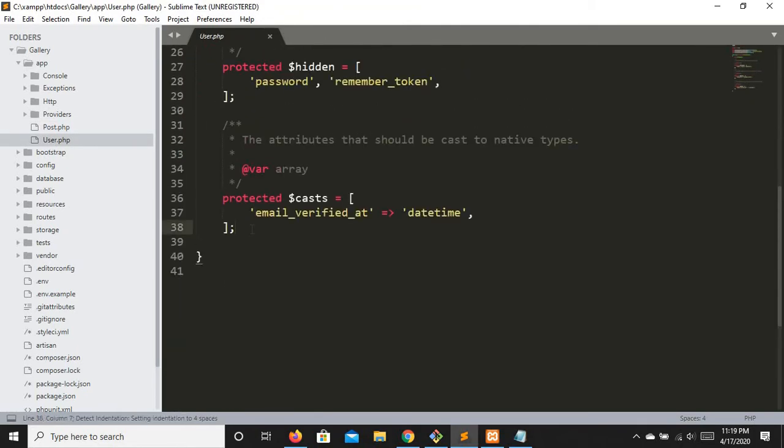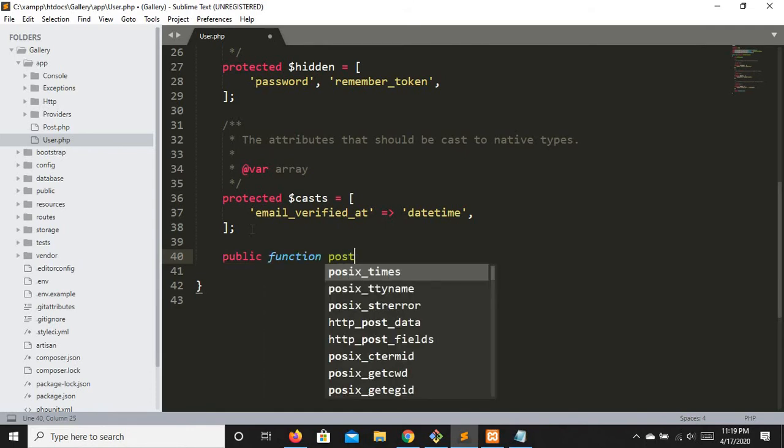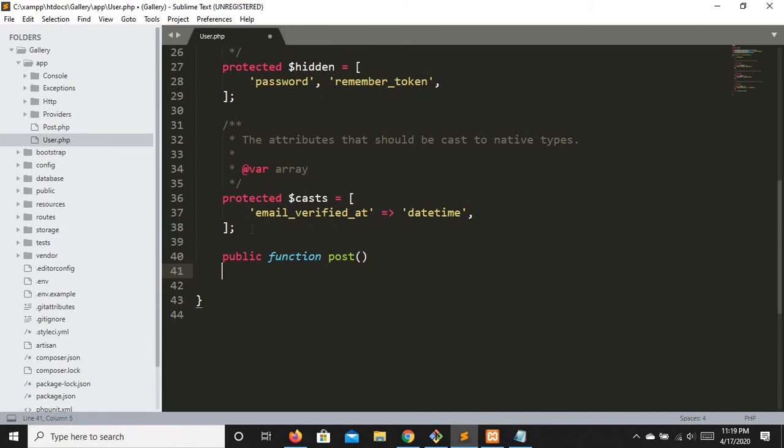So I will simply write a public function, and the method name is post. You can name it whatever you like, but since the relationship is singular, for example a user can have one post, that's why I wrote post, and the relationship of user is with the post model, that is why I'm using the name post. You can name it whatever you like, but you are going to see similar conventions in the Laravel community. Now what this method is going to do is simply return